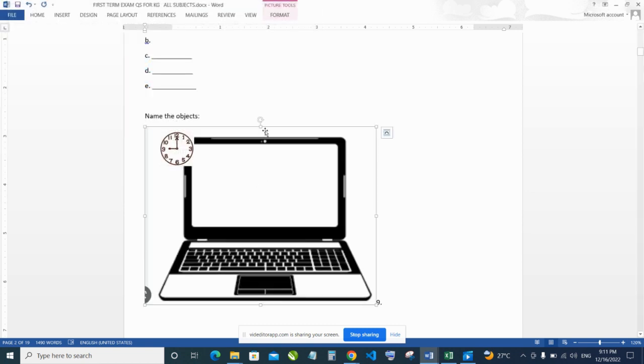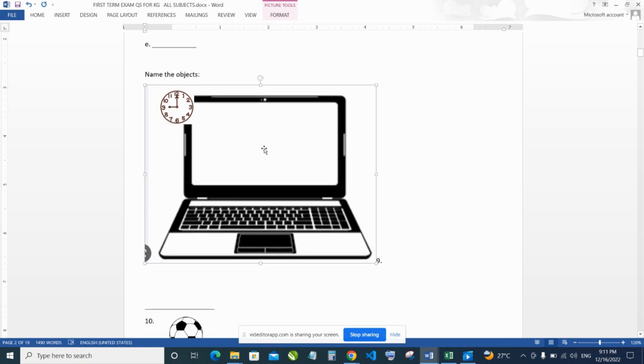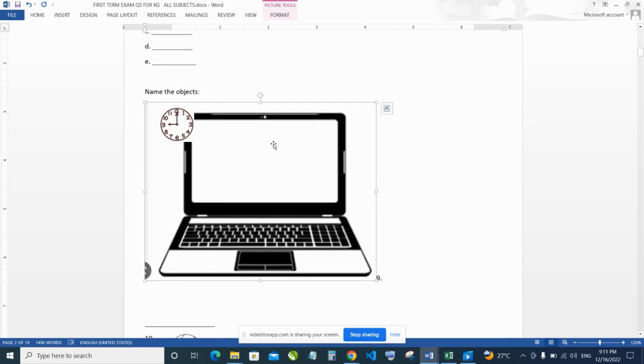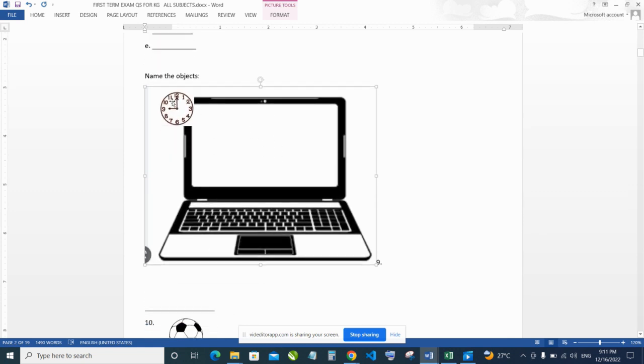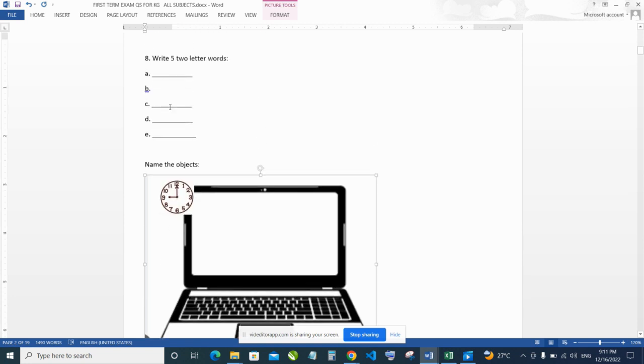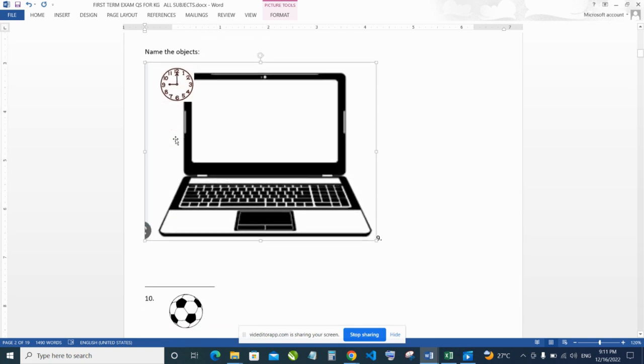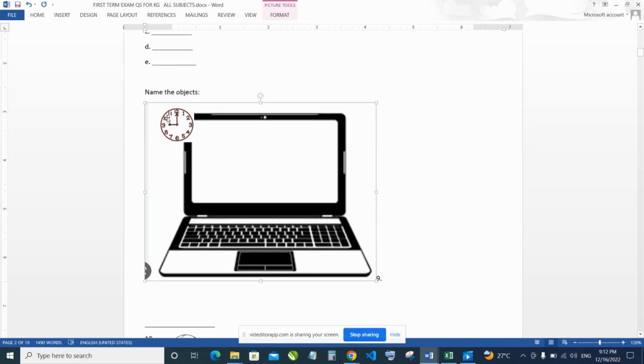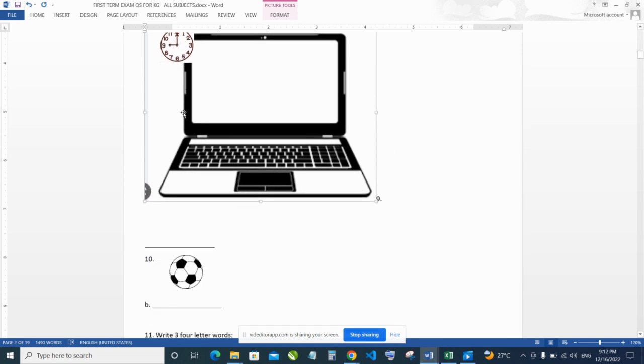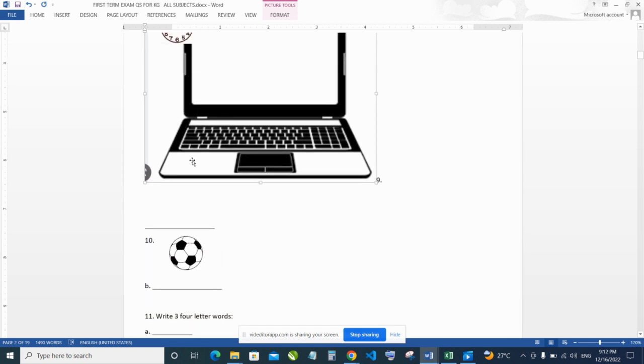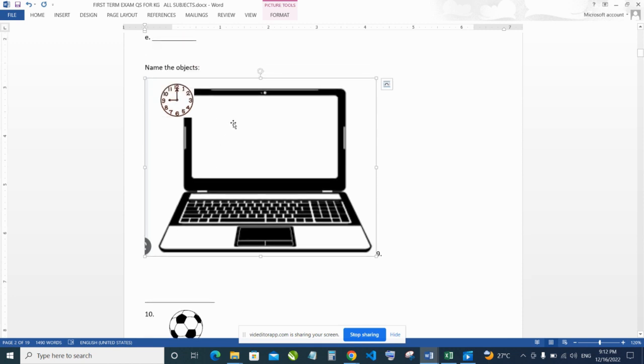Now when it comes here, please take note of here. I want you to listen to this carefully. Now look at this that comes with the picture you are bringing in. You can see that this inserted image has altered the arrangement of these questions. Before we inserted it, this name of object was followed by this line. But now this imported image has altered the arrangement of these